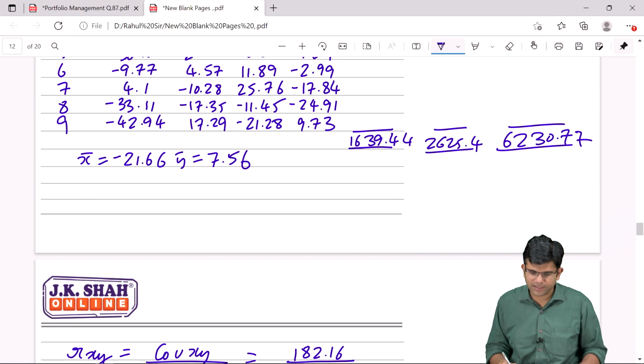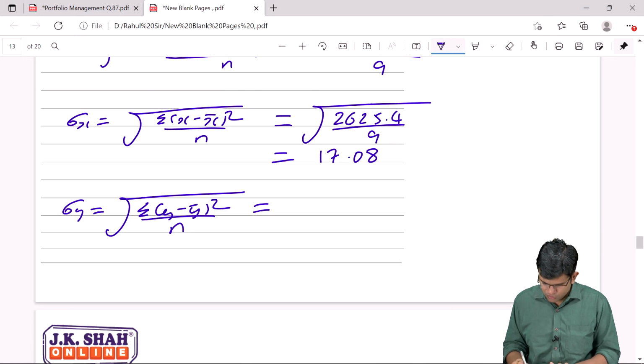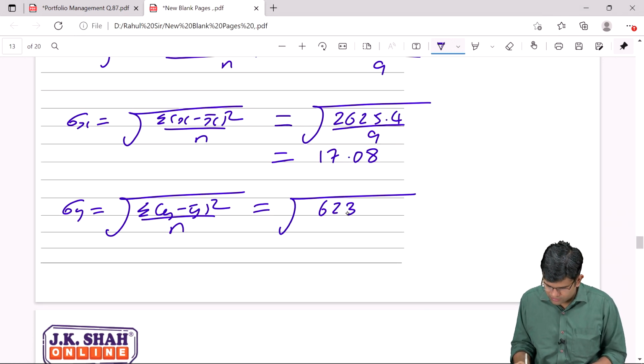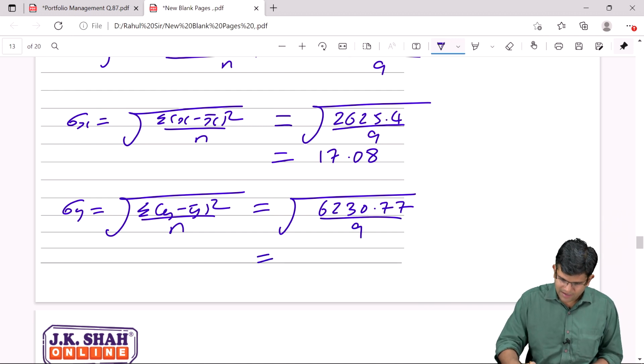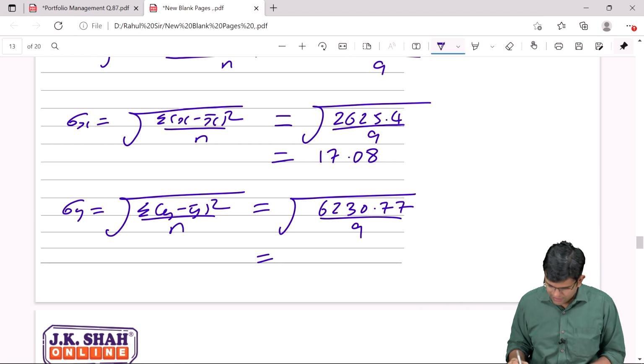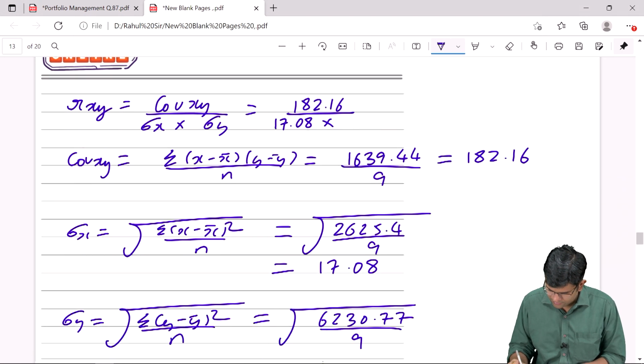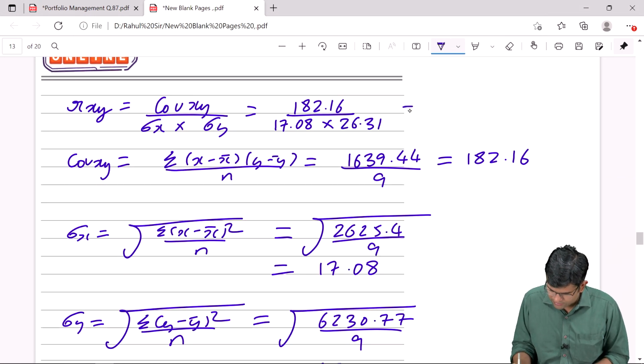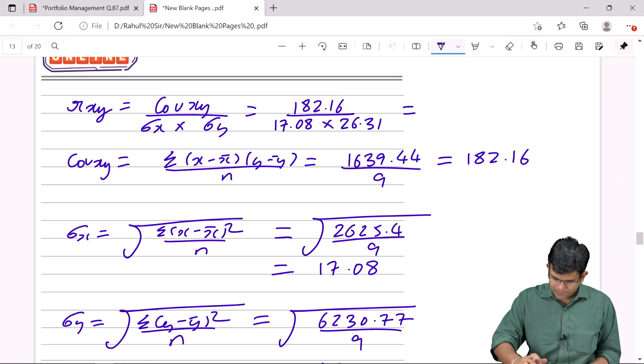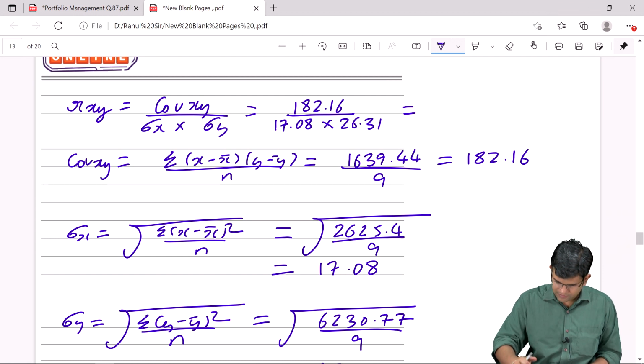6230.77. So therefore this will become 6230.77 divided by 9. If I divide this by 9 and then press the root, I get 26.31, which I'll place here, 26.31. Let's now find the correlation coefficient. This will be 182.16 divided by 17.08 divided by 26.31, and this comes to